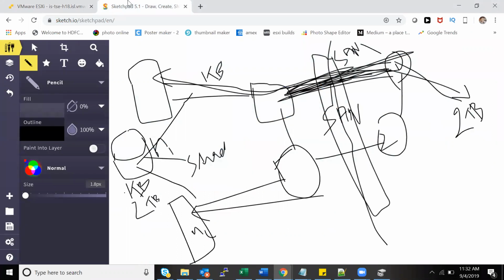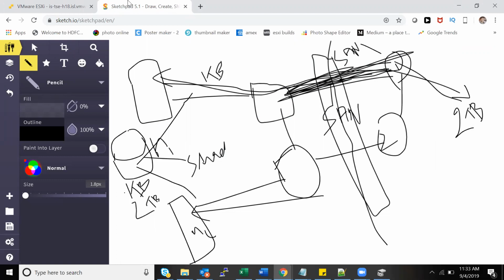Are you clear? When someone says a data store is presented, you should first ask them what type of storage they use. Are you using FC SAN or FCOE, iSCSI or local storage? Once you have that idea, you'll just imagine. So if it's FC, you'll have an FC switch. So it's a shared storage.